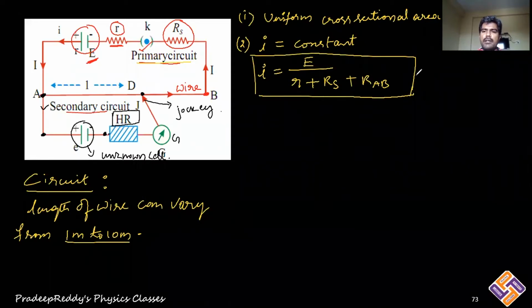And this wire AB length should be varied from 1 meter to 10 meter as I mentioned. Depending upon the wire length, there will be some current flowing through that particular circuit. And remember that, however, this should be maintained uniform. Uniform current should flow through this wire AB. That's point number 2 you need to remember.